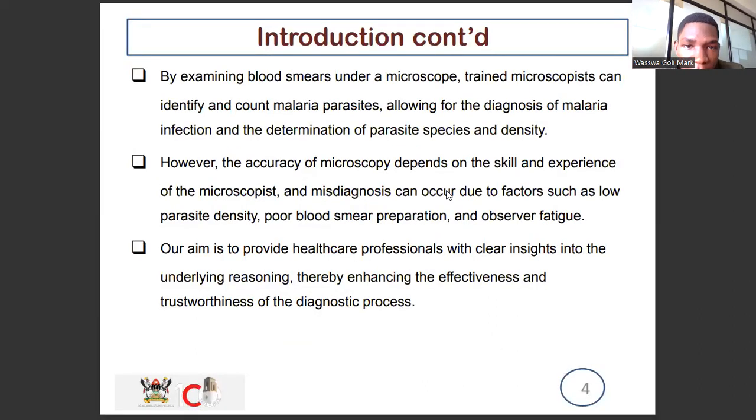By examining these blood smears under a microscope, trained professionals are able to count the parasites, allowing for the diagnosis of malaria infections and the determination of the parasite species and density. However, the accuracy of this microscopy depends on the skill and experience of the personnel, and misdiagnosis can occur. Misdiagnosis can occur due to factors such as low parasite density, poor blood smear preparation, and observer